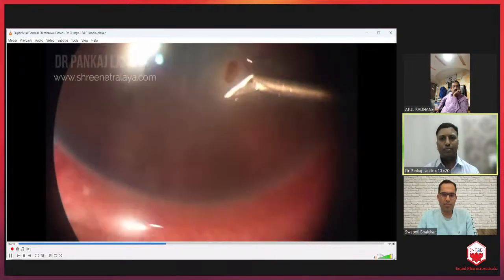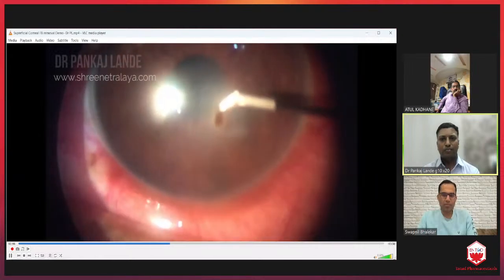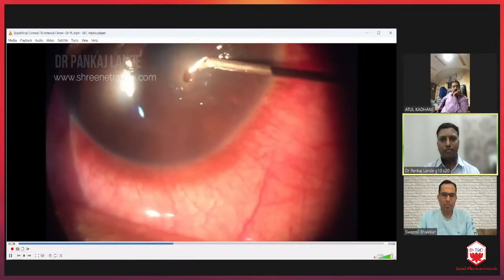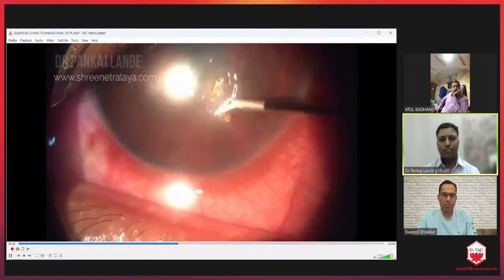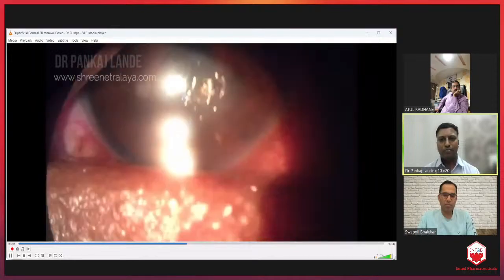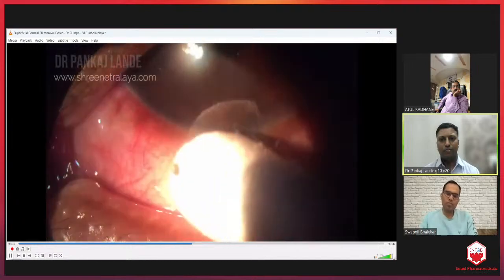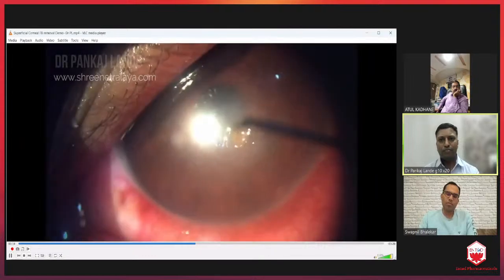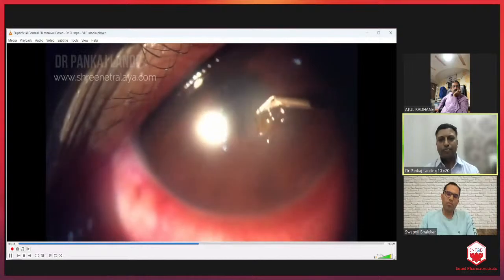After removal of a corneal foreign body, first take this particle out of the eye on a cotton bud, as that may get embedded in the fornices. Then the residual particles must be removed as shown in the video. Please note the movement of the needle and the application of force while removing it. We are not pushing the needle inside or anterior-posteriorly. We are trying to sweep it from above to below or from side to side to remove the residual particles.